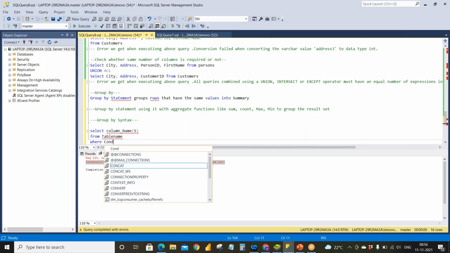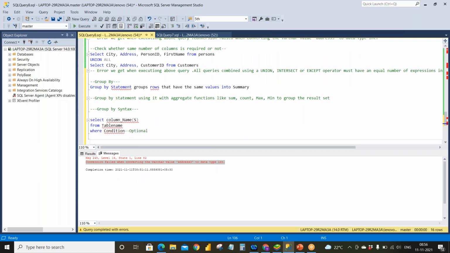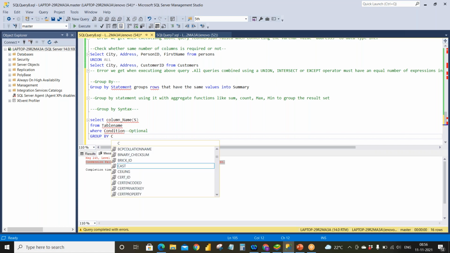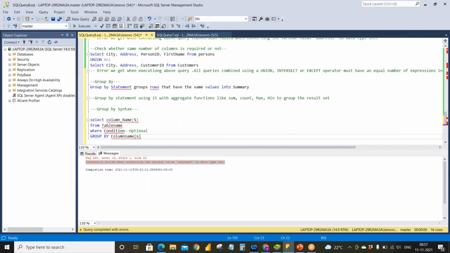Then we give the GROUP BY keyword here. GROUP BY can be done with a single column or one or more columns, depending upon your requirement. And we can give ORDER BY, which is optional again.